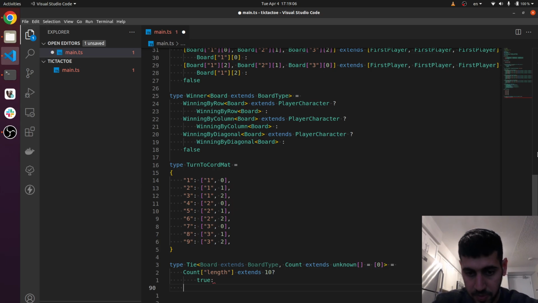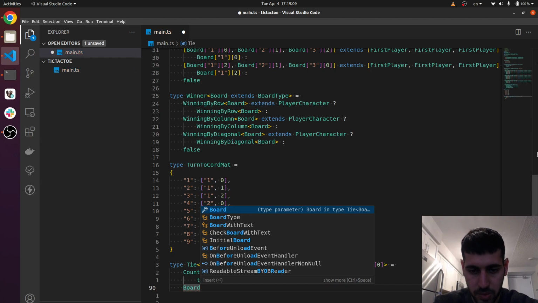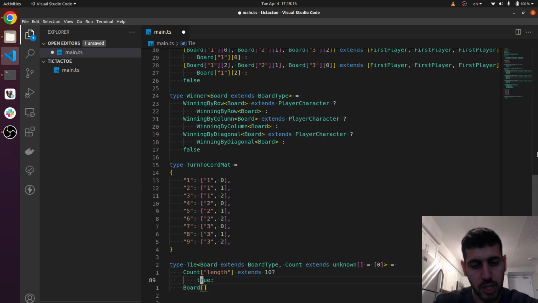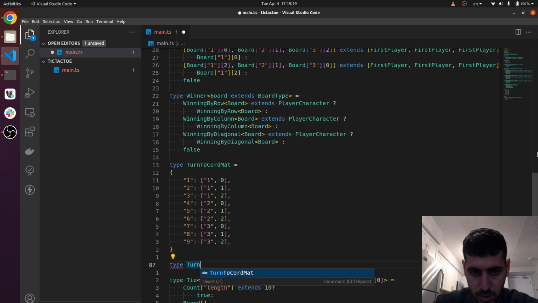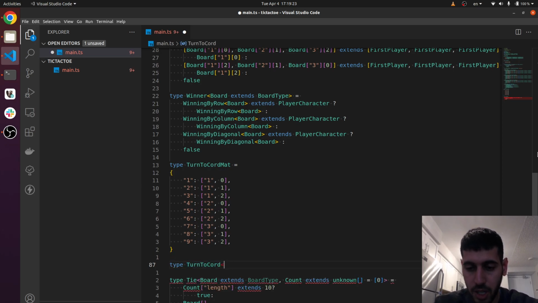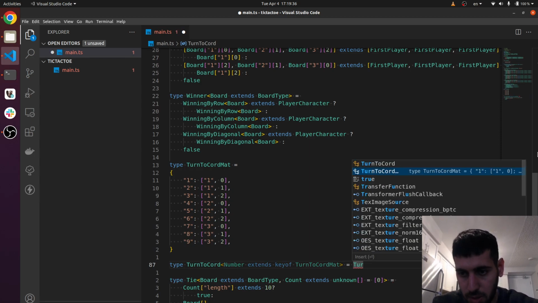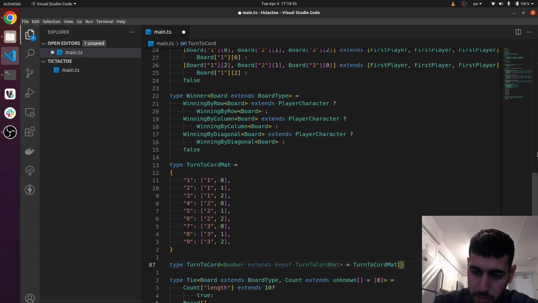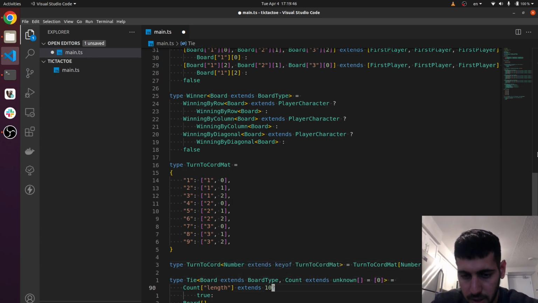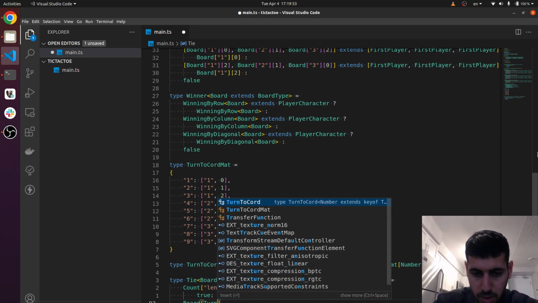And then I'm going to ask myself, is the board where, let's just say I can actually have a type for it. So type turn to chord, not mat, but just a regular one that needs to get number, which extends key of turn to mat chord. And that should be turn to math chord. That should have the number. Right? Okay. And now I need to ask myself whether or not turn to math chord at